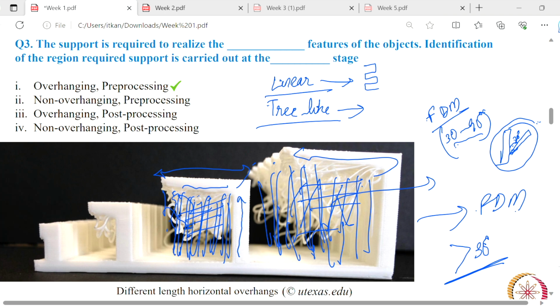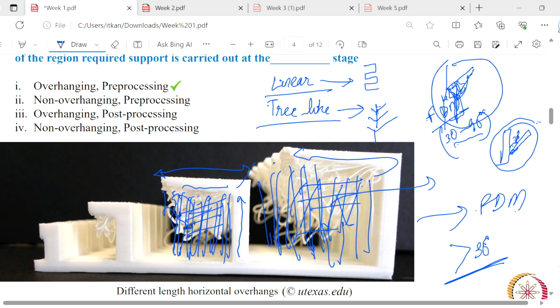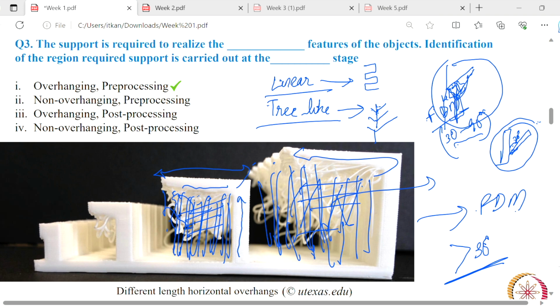for linear support we have to put more support. So for tree-like we can put less. Okay, this is the tree-like support. Suppose this is the overhang and we are using some tree-like structure. We can save a lot of support. When we give linear it will be more support we have to provide, but with tree-like we can use less support. But tree-like supports are difficult to remove, while linear supports are easy to remove. Okay,